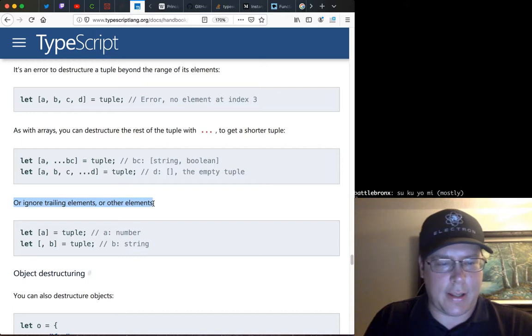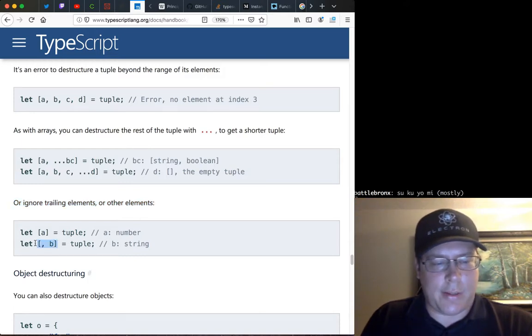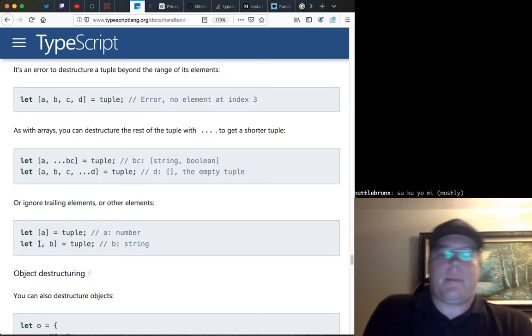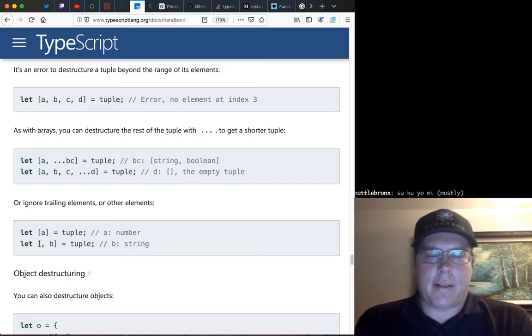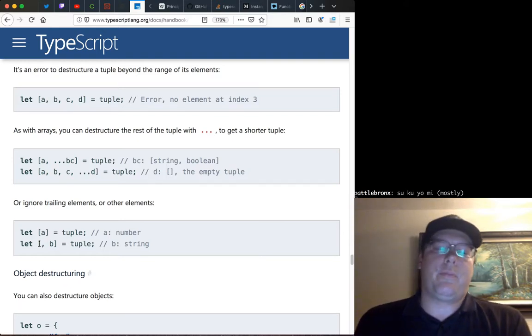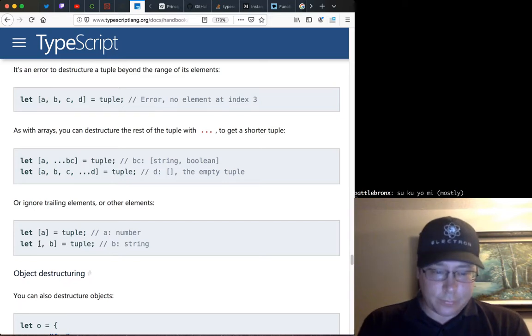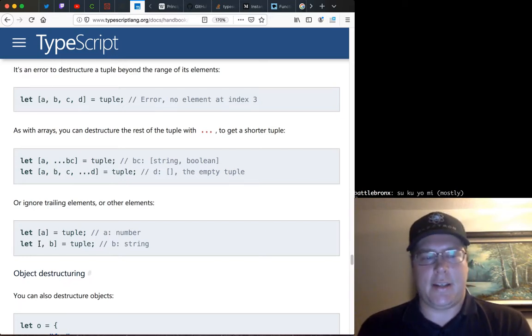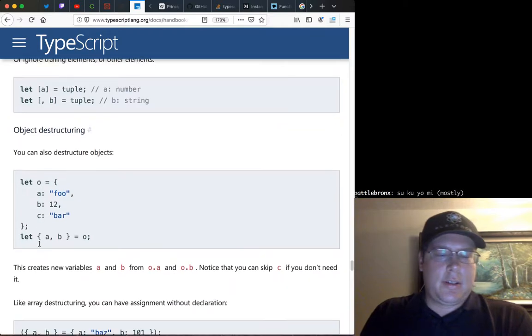Ignore the trailing elements or other elements. So tuples and arrays, remember they're fundamentally the same when they transpile. They're just arrays. The only thing tuples give us is type safety in TypeScript. All right, so